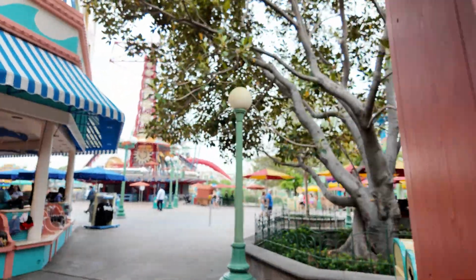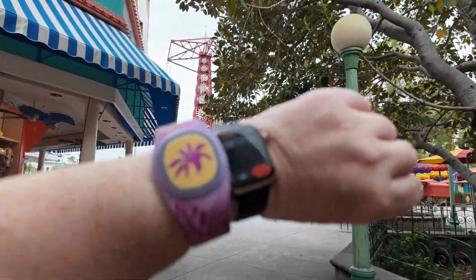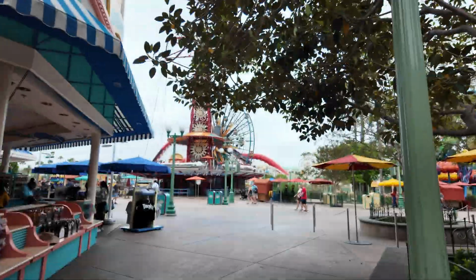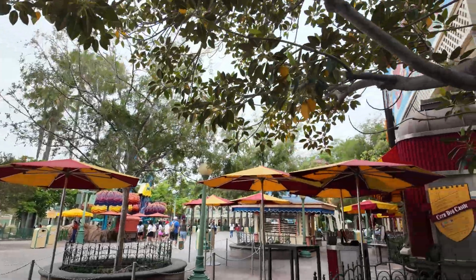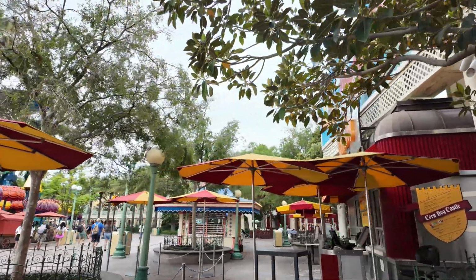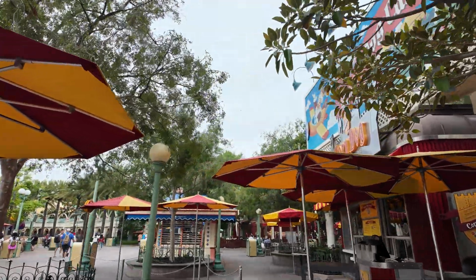And just like that, we're in California Adventure. And even with security, 9 minutes and 18 seconds. And it dumps you off right by my favorite ride ever, Goofy Sky School, which we will go on today. And I will scream like a child, but...